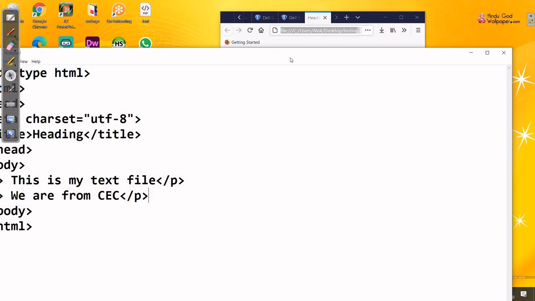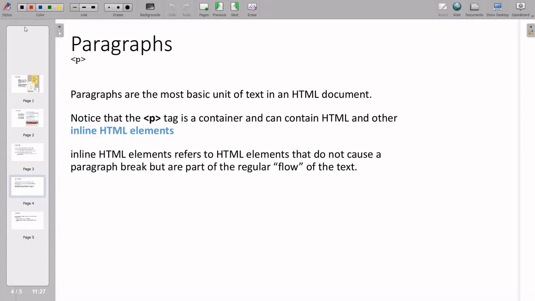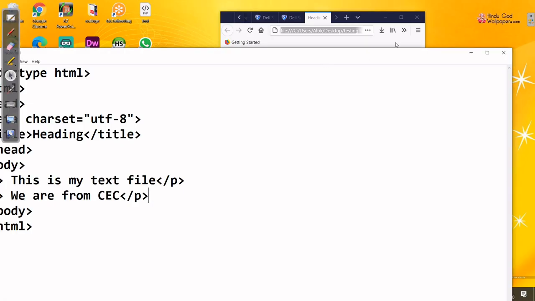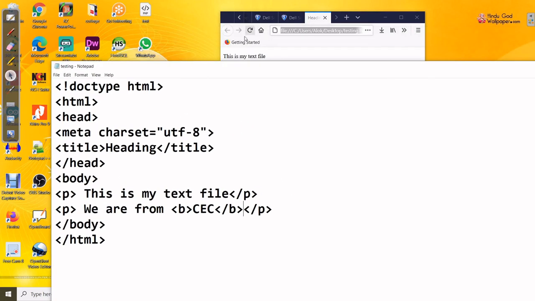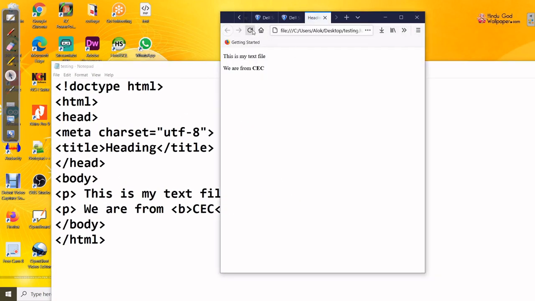okay, CEC if you want bold, so what we can do, so here inside the, one minute, yes, CEC is there, you can apply here B and closing of the B here, so B indicates the bold, right? Control S you can do, then again coming to your output, refresh the page, see it is a little bit bold now. So in this way you can use the paragraph.